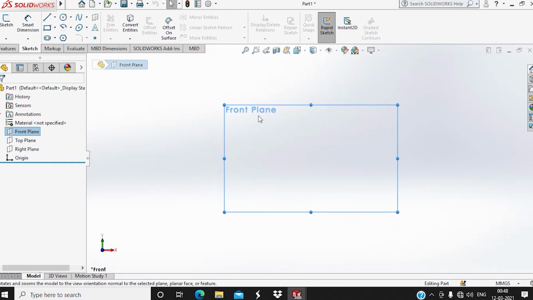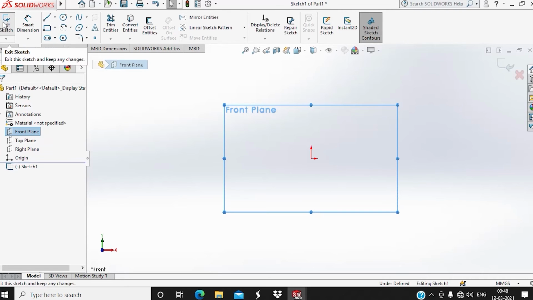Then we will create our sketch here. Next, this is the origin. When the sketch is active, the origin, x-axis and y-axis will appear in red color. As you can see now, the sketch is active. The origin, x-axis and y-axis have appeared.